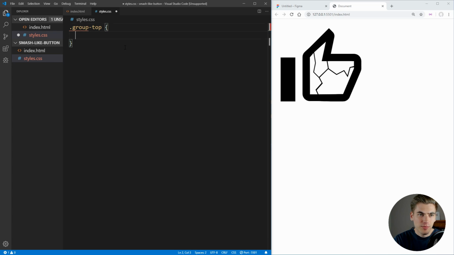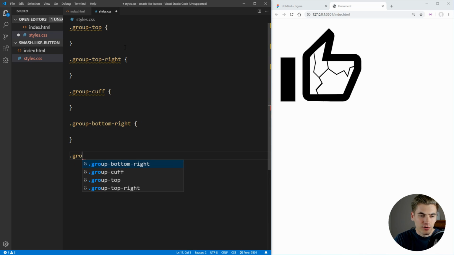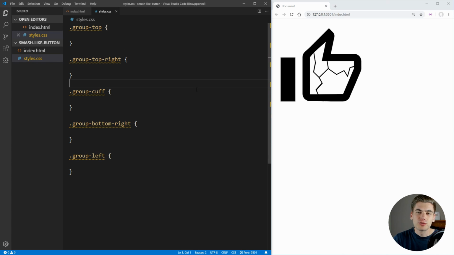So we have our group top, and we also have a group which is going to be our top right, another group which is going to be for the cuff, and another group which is going to be the bottom right. And then lastly, we're going to have our group which is on the left. So in order to understand how this works, let's just come in here and add a display of none to